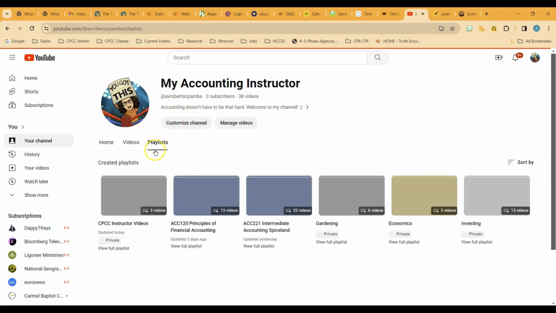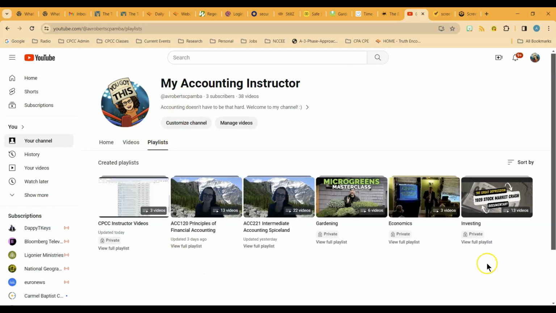So I can click on playlist, and here's all my playlists. And I'm getting everything ready to go for the new semester. So I am downloading or recording and uploading my ACC 120 videos to YouTube, and I am getting my Intermediate 2 recordings uploaded to YouTube as well. So just wanted to throw that out there